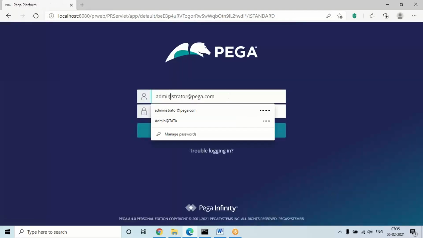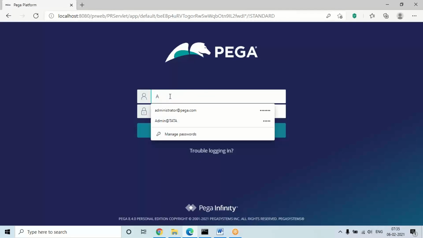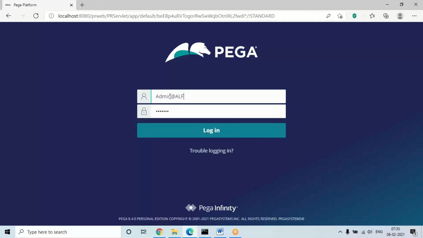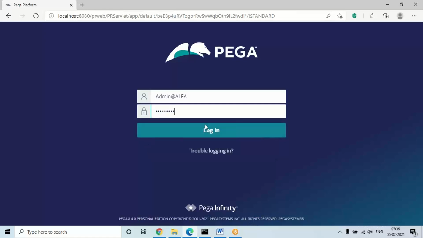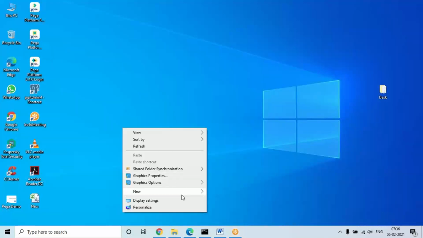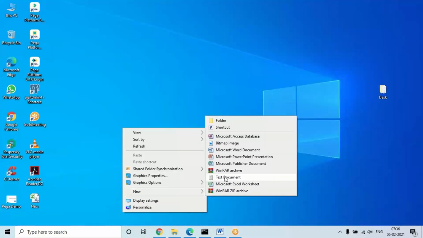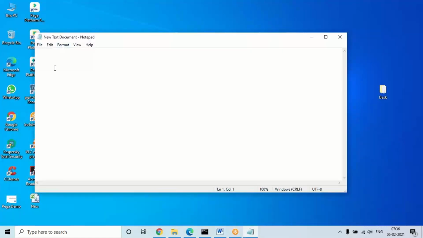Now log in with this new ID, because in the first login you need to update the password. When you log into the application for the first time, you need to update the password. So I'm giving the password which is generated. But in your system, the password will be different again.